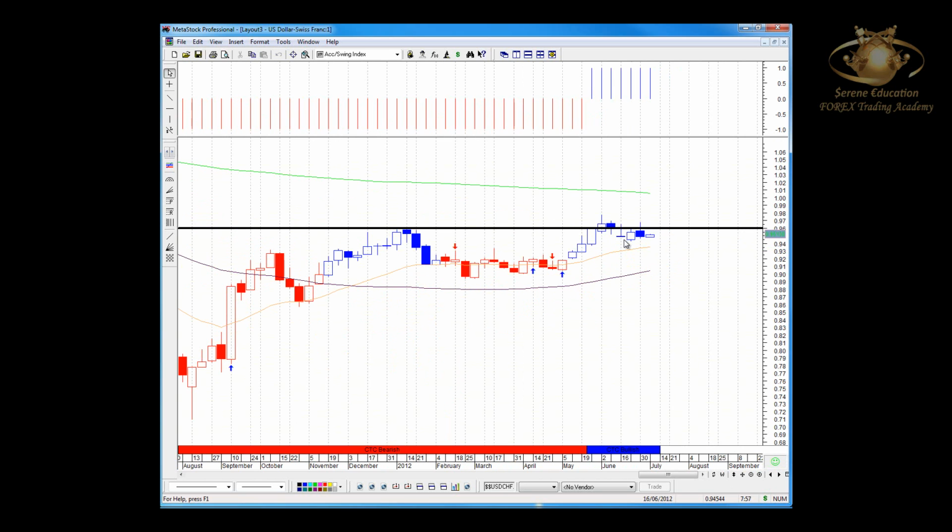Notice our CTC on our weekly, we have gone blue. However, we are trading below a major resistance level. Got to get above that 960, guys. Psychologically, we have to be trading above that to see any further extensions. Otherwise, this template buy signal that's produced is null and void. Okay, it's giving us blue, blue, blue, blue. However, we are trading below a major support and resistance level, 960,